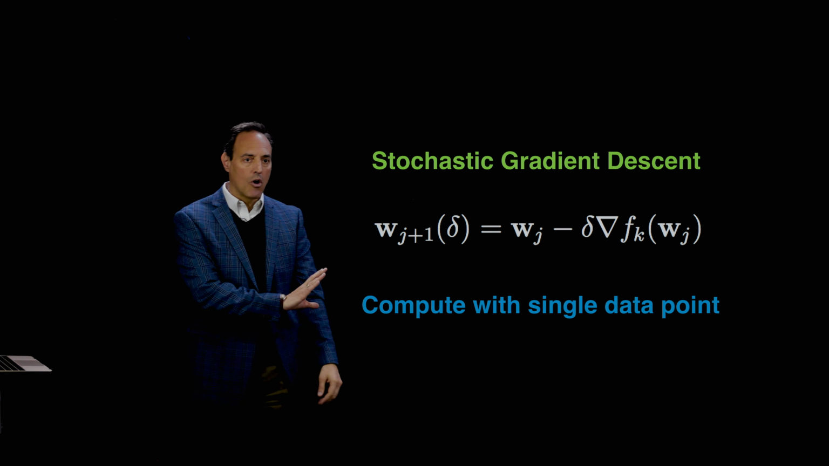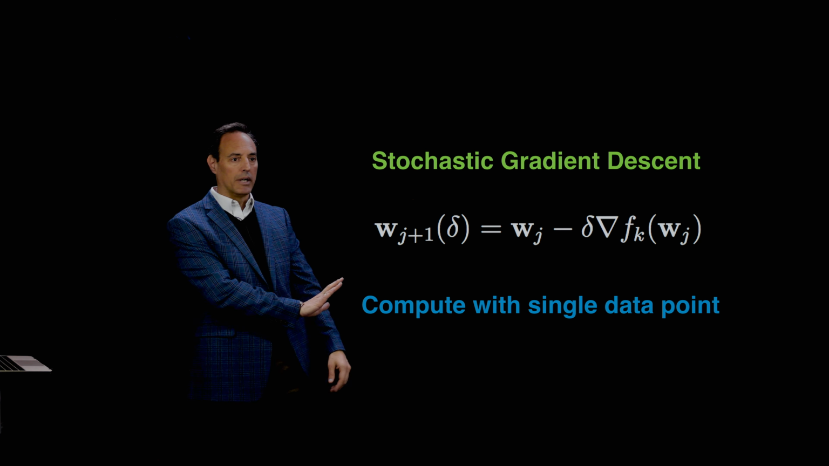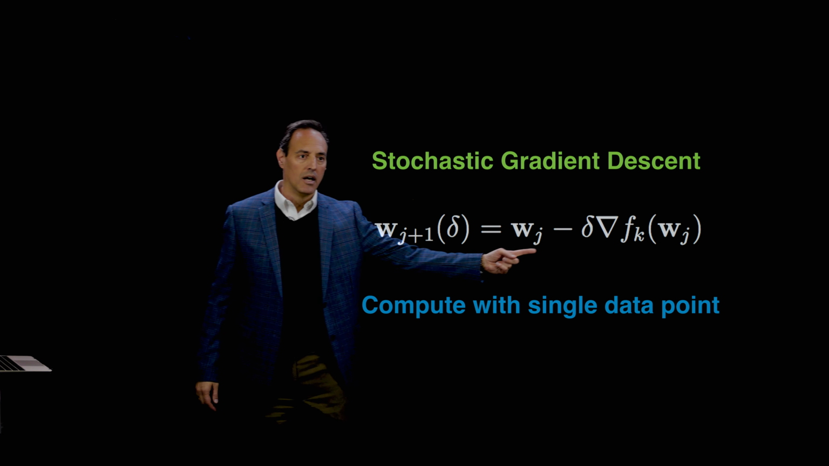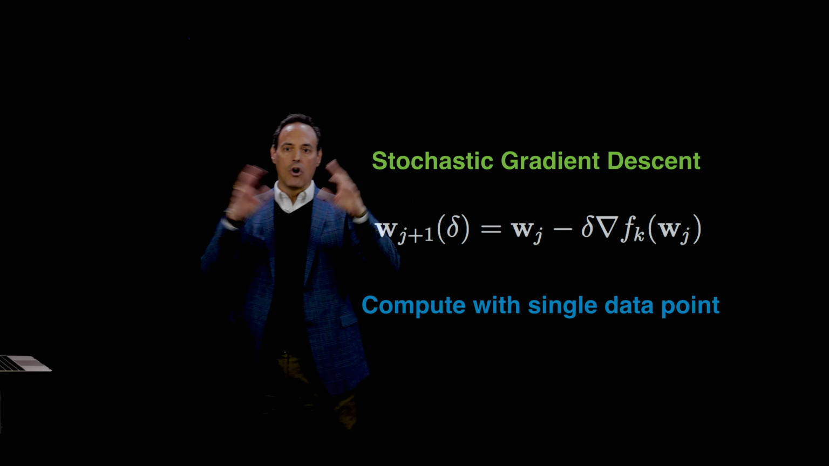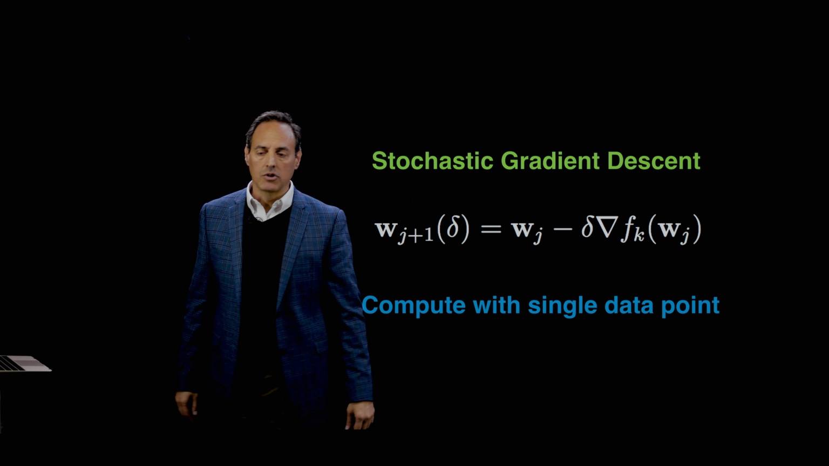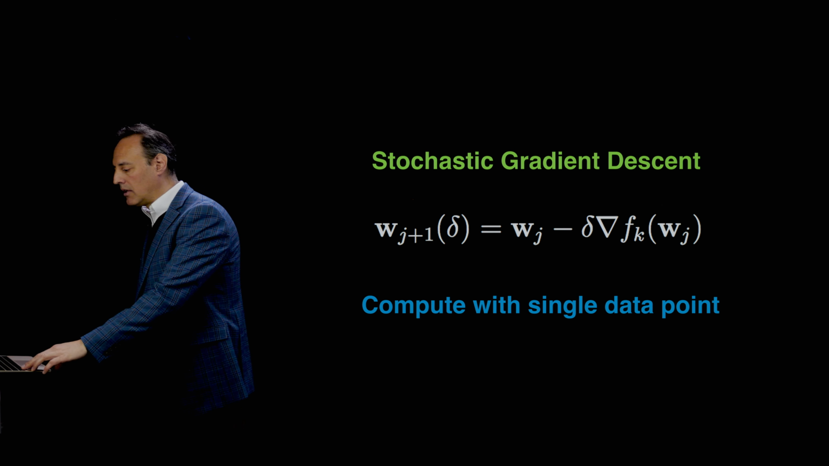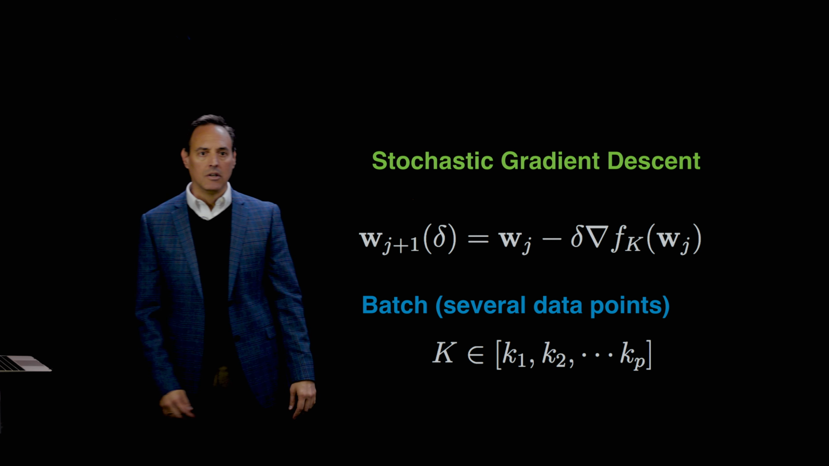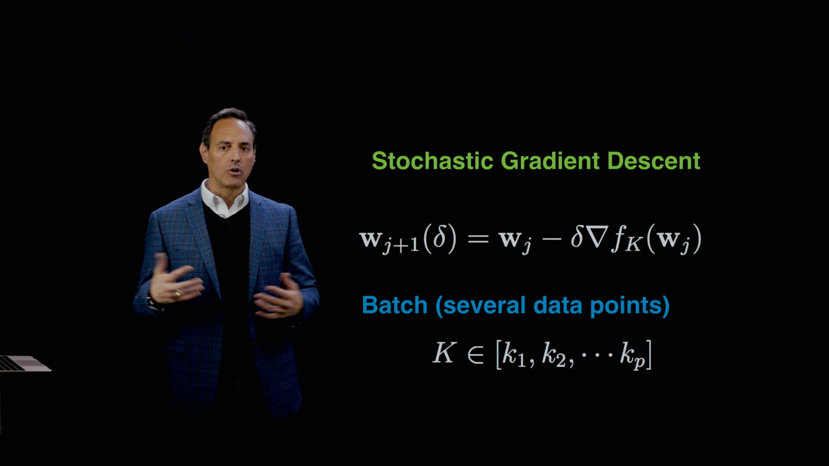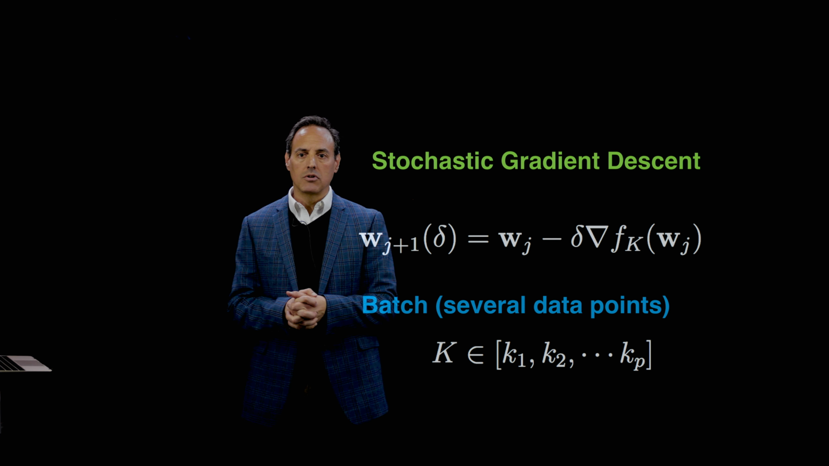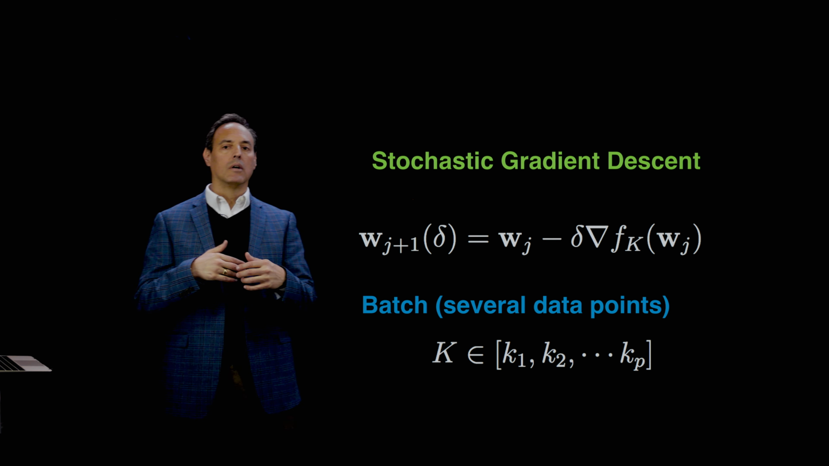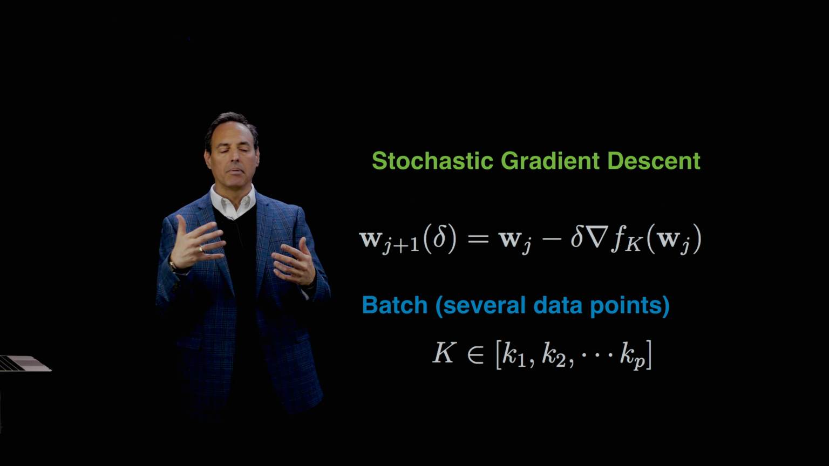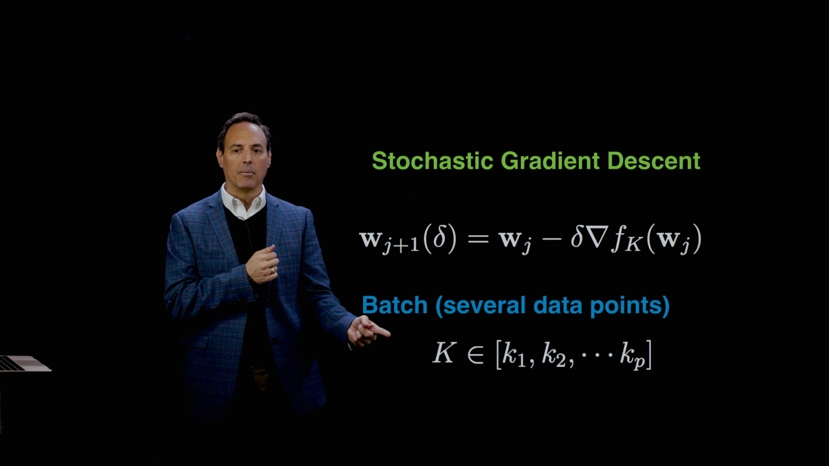Now, oftentimes you don't actually use a single data point, right? So this says, just take a single data point, which is the kth data point here, instead of all the data, just take one. So what people often do is take batches. This is a common term used in training of neural networks, which is batch size,